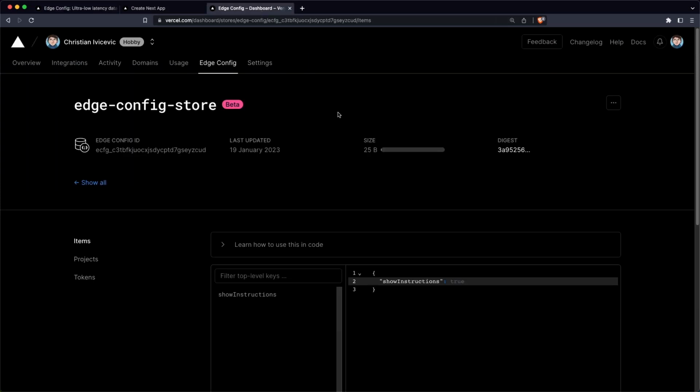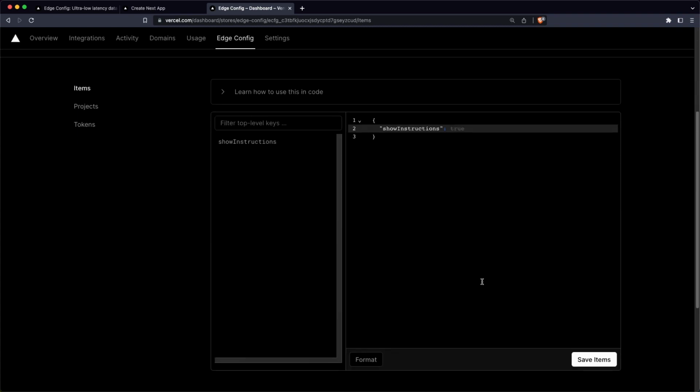Over here in my Vercel dashboard, I've already created a config store. Down here you can see that I've populated my store with some JSON. Edge config is basically just a JSON store that is replicated globally using the Edge network. The best use cases for it are either feature flags, parameters for A/B tests, or dynamic configurations such as rewrites